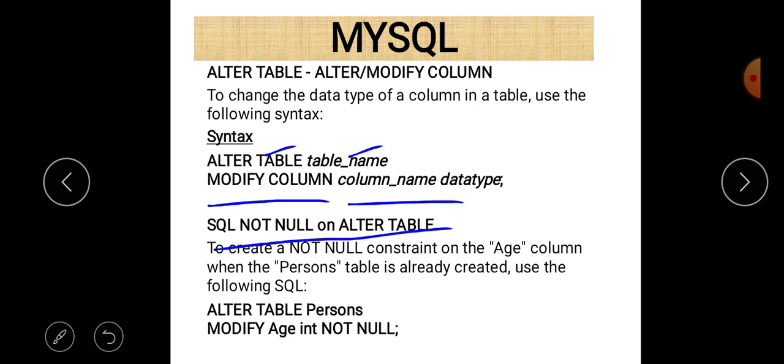To create a NOT NULL constraint on the age column when the persons table is already created, we use the following syntax, as you can see on the screen: ALTER TABLE persons MODIFY age INT NOT NULL. So we write the constraint just after the data type of a particular column.